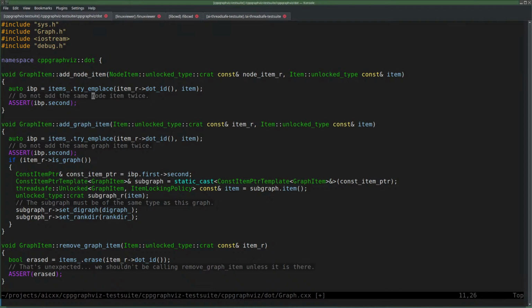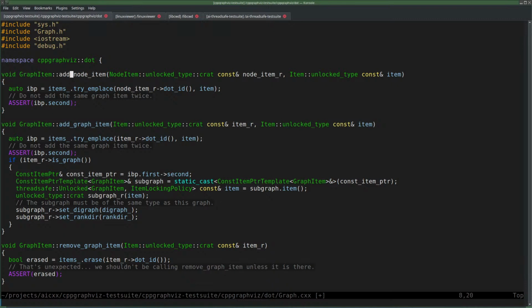Oh, graph item. Yeah, well. Okay, I don't know. Graph item. I don't know. What's in a word? Items. Item R. I don't have an item R. I can maybe get away here with a node item R to get the dot ID. An item still item.